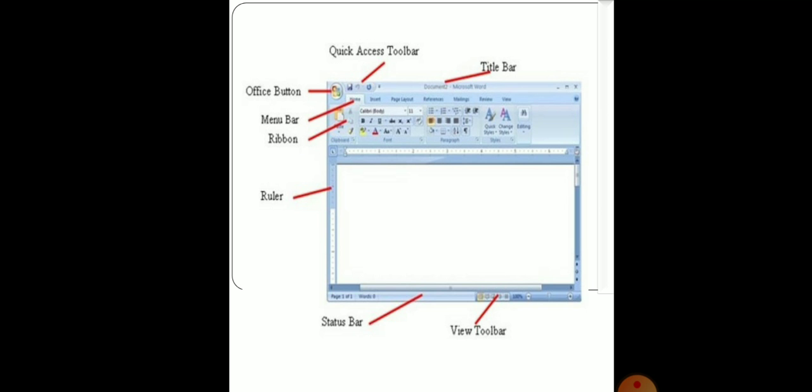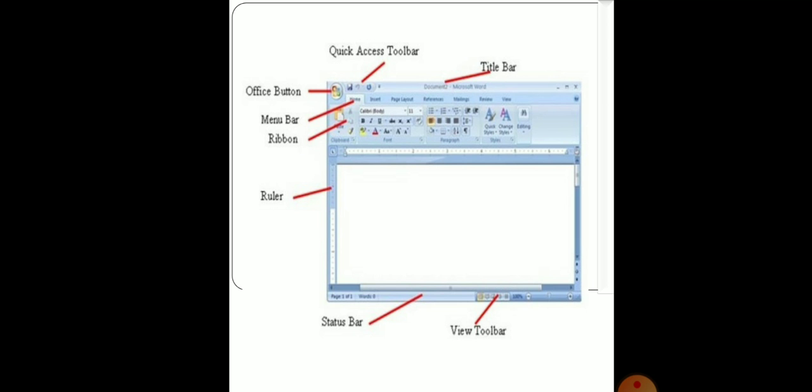Then dear students, we have another element, the ribbon. So what is a ribbon? Okay, so dear students, a ribbon is an area across the top of the screen. You can see we have the ribbon at the top of the screen that holds almost all the capability of Word, available in a single area.